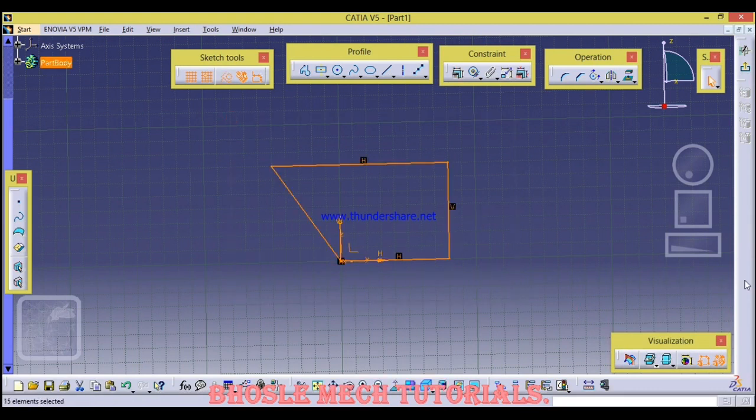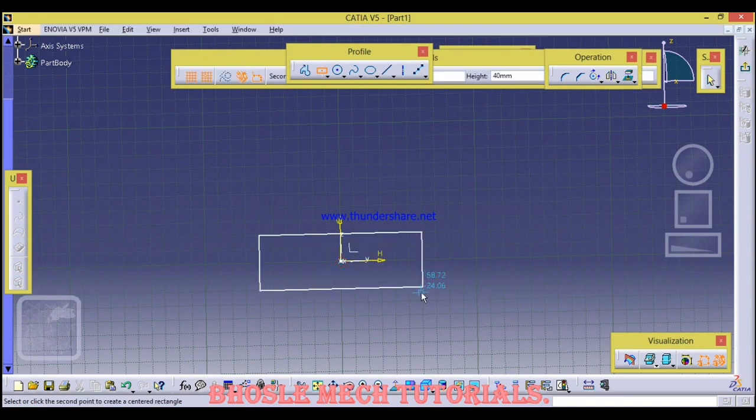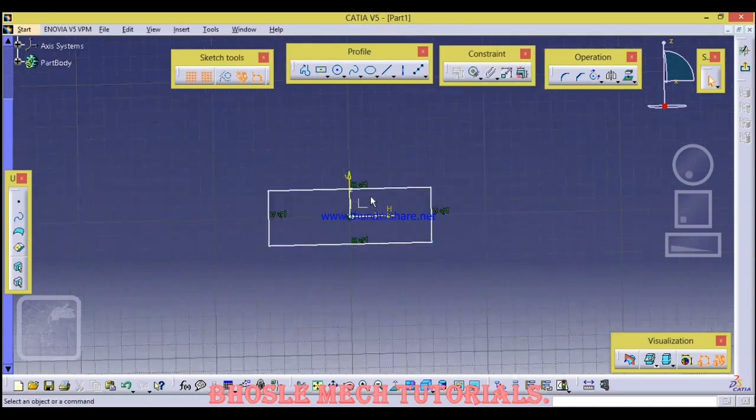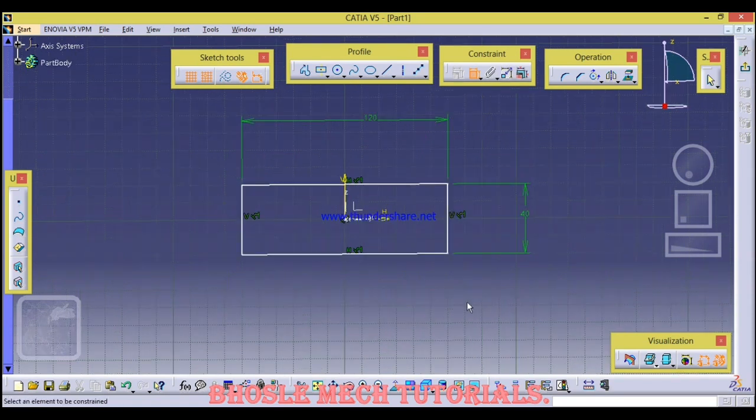Let us see ISO constraint. I have drawn this, just give dimensions to this like this, and the distance between these two.